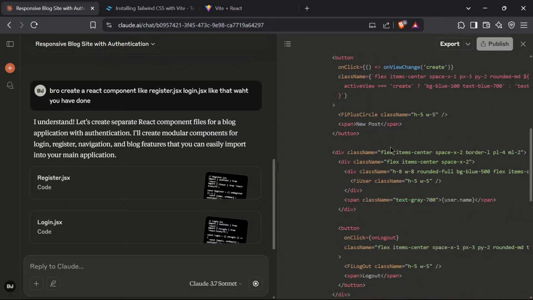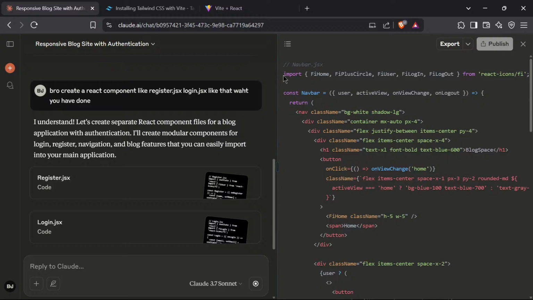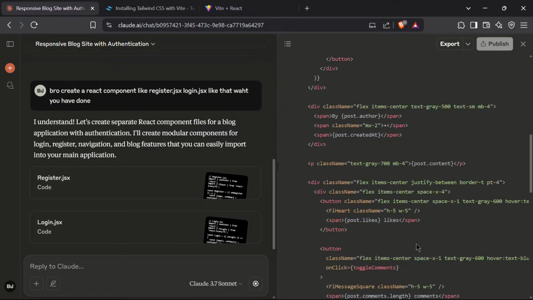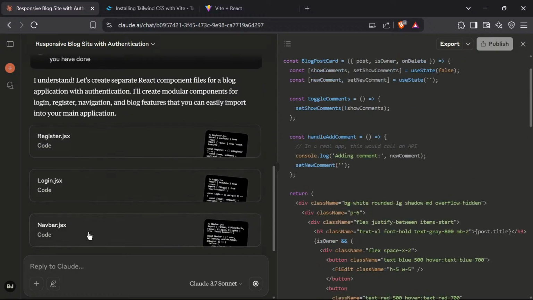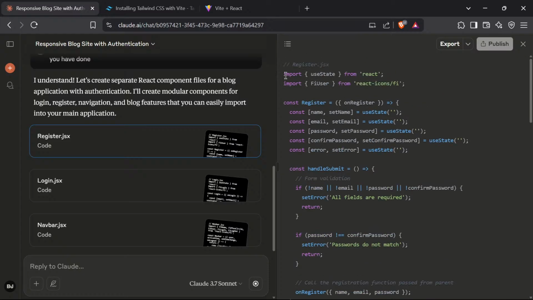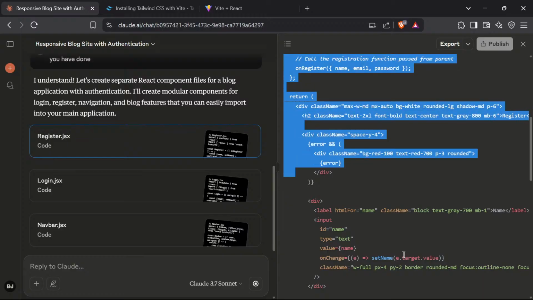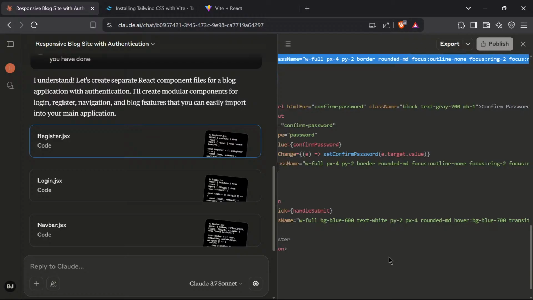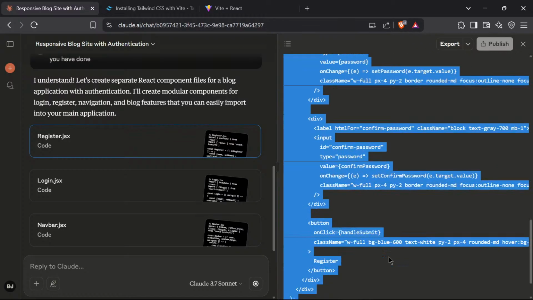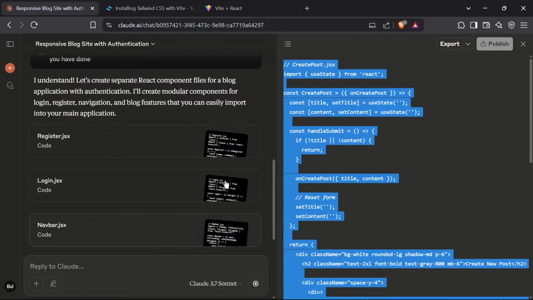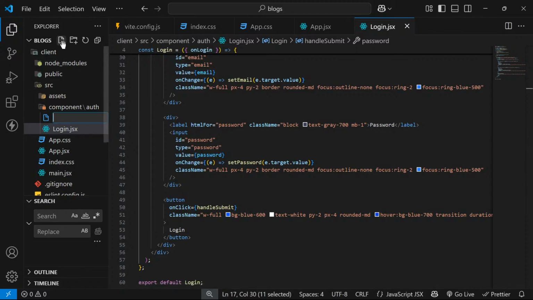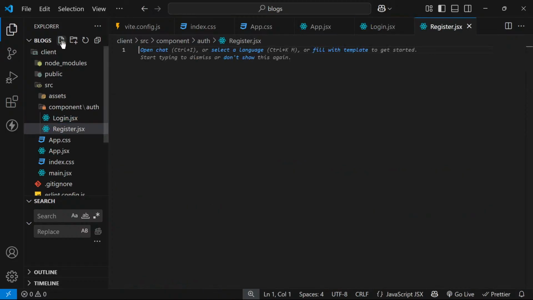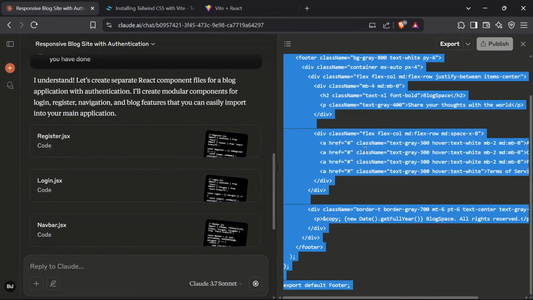Here is our register. Copied, and inside the register.jsx, okay, here we have